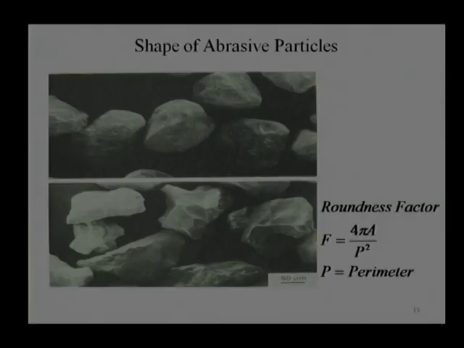To find out the effect, the easiest way is finding the roundness factor. Roundness factor f is generally given as the ratio of 4 pi times the cross sectional area of the body divided by the perimeter squared. If I think about the spherical shape, the cross section is pi r square, where r is the radius. So, this will turn out to be 4 pi square r square, and we know the perimeter of a circle is 2 pi r, so its square will be 4 pi square r square. So, overall the roundness factor will turn out to be 1. In other words, if the roundness parameter is equal to 1, that will cause the least wear